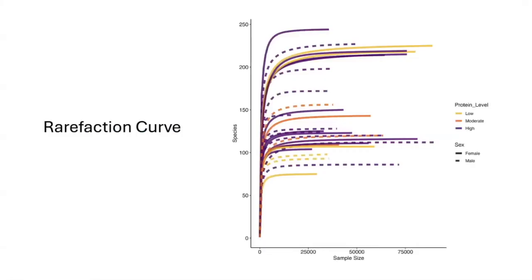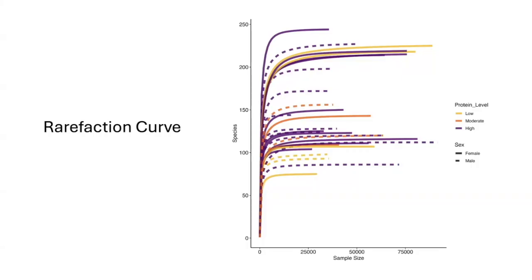After obtaining DNA sequencing from a 16S sequencing run, researchers often generate a rarefaction curve as an initial step in data analysis. This curve evaluates the sequencing depth by randomly subsampling reads from the dataset and calculating the number of distinct species observed. In the resulting plot, the x-axis represents the number of reads sampled, while the y-axis indicates the number of species identified. As the sample size increases, the number of detected species typically rises until it reaches a